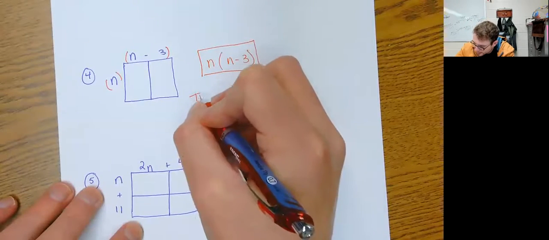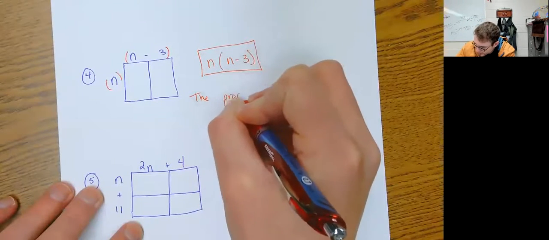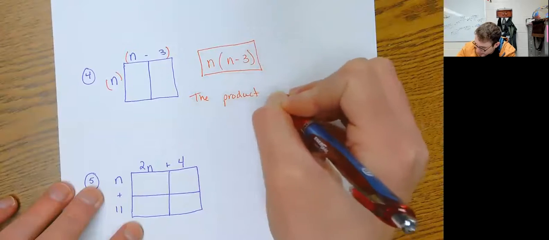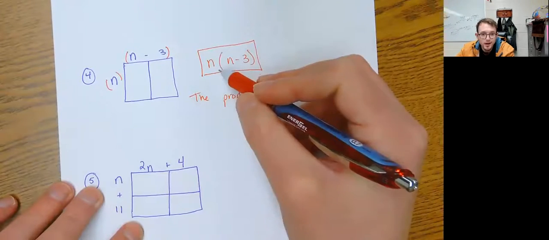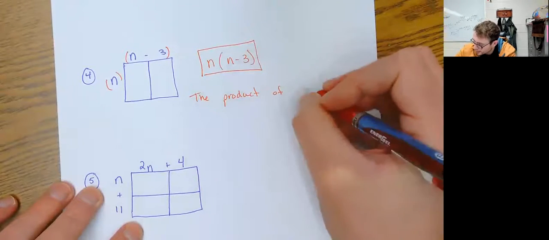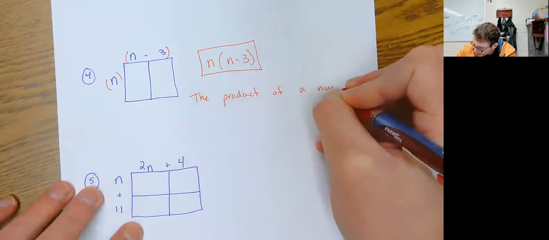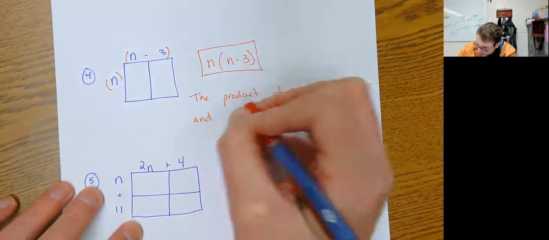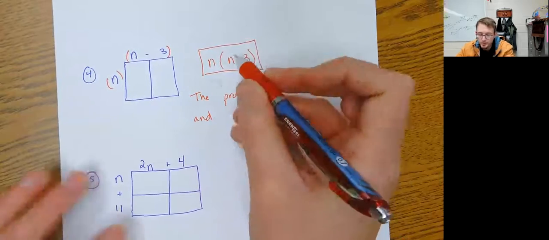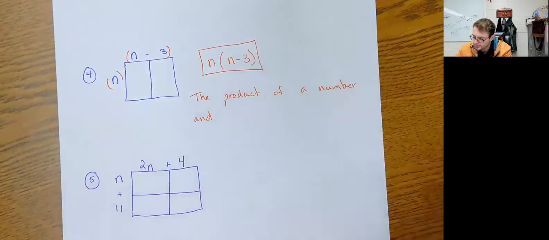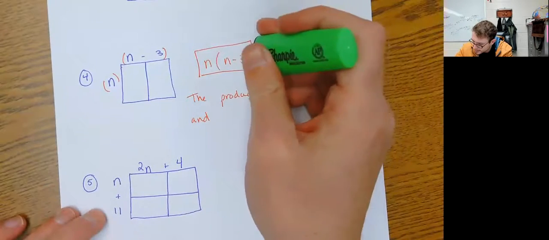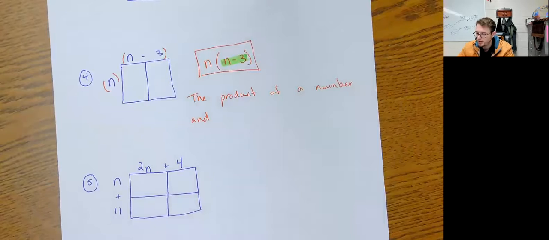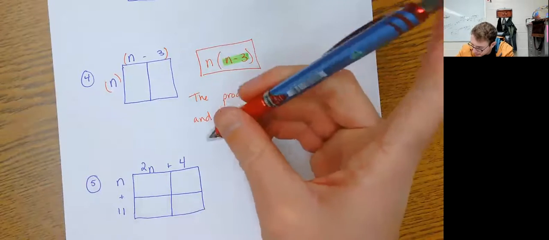So the product of, well, I don't know what n is. So the product of a number and, okay, now this one, what's happening on the inside here is a difference. So, and the difference,